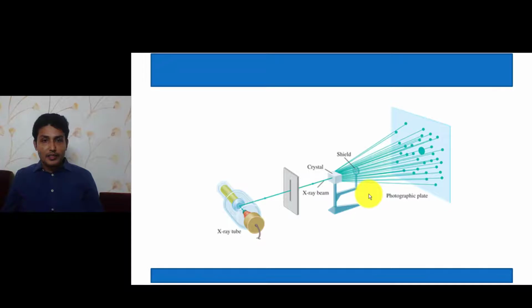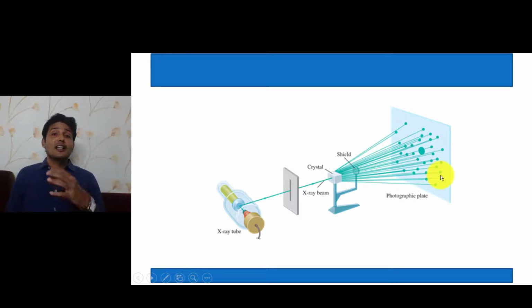So this is the photographic plate method. Here the example of radiation is X radiation. When X radiation passes through the sample, this is just an example to detect radiation, it passes through the object, and then there is a photographic plate. Whatever X radiation falls on the plate causes darkening of the photographic plate. So that darkening can be detected. This is the photographic plate method.